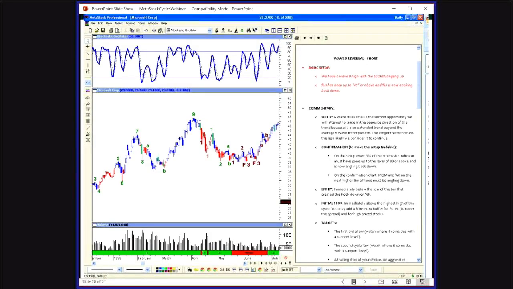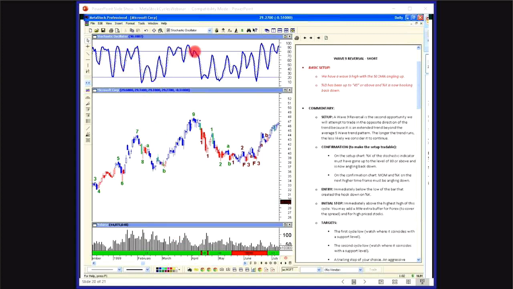So MetaStock has some really special things that no other software does. And they have been kind enough to work with me and to create some things here that are not available anywhere with any other software for top dog trading. These guys are geniuses who have programmed this, because I certainly couldn't do it. So they add the wave counts. We talked about the top dog trading wave counts. Those are very objectively measured, and they are automatically plotted on your chart. So no guesswork. Okay, trend up and down, measured here, green and red.